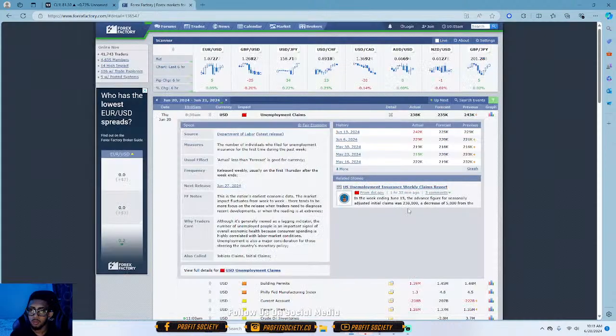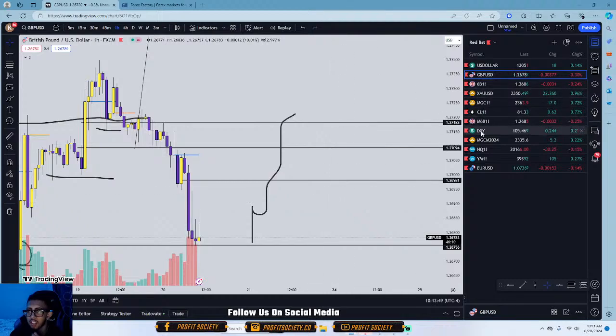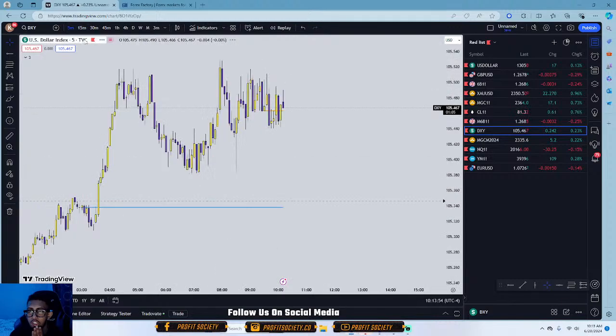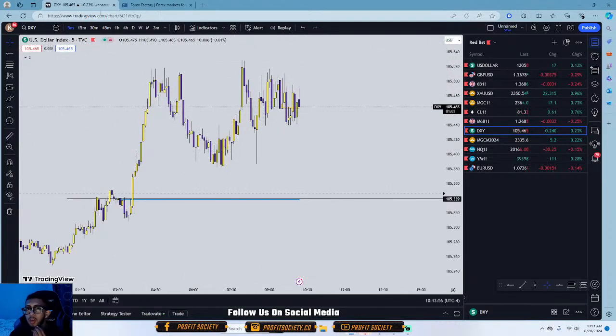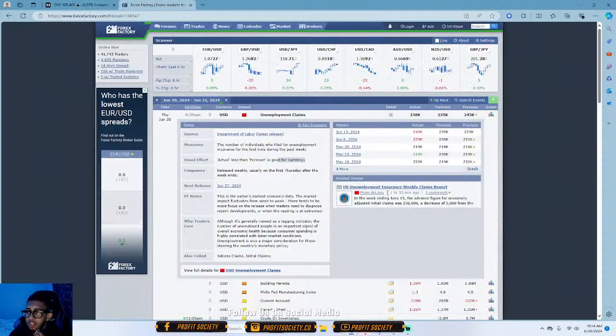U.S. Unemployment Insurance Weekly Claims Report. In the week ending of June 15, the advanced figure for the seasonally adjusted initial claims was 238,000, a decrease. So it was a decrease. So that would mean good for the dollar, to be honest. That would mean that the dollar might actually see an increase today. That's why I'm paying attention at this imbalance down here. Because with this coming out with a decrease,